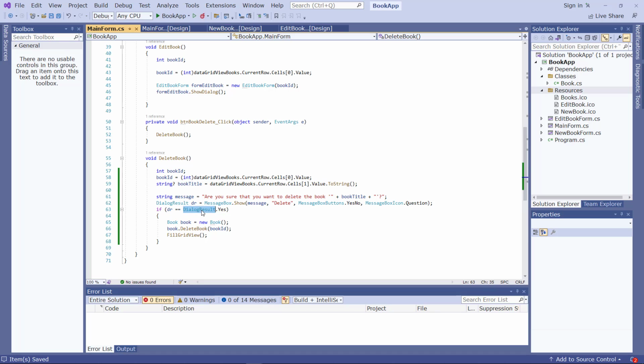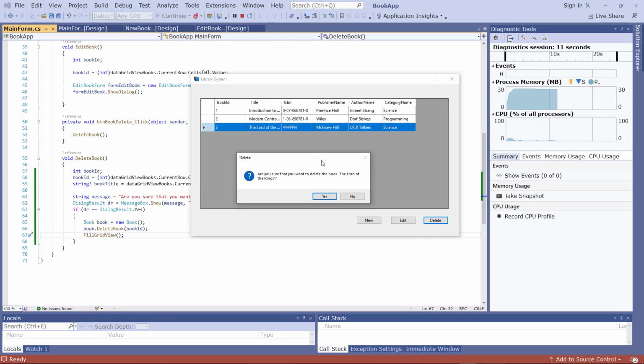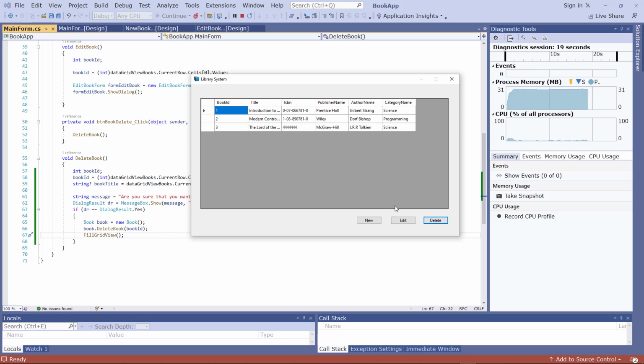And then if the user is clicking on the yes button, we are actually deleting the book and updating the data grid view. And if the user is clicking no, nothing happens. So let's run this code as well. So now when I select one of the rows here, I can click delete, and then you see this message box is popping up. Are you sure that you want to delete the book The Lord of the Rings? If I click no, nothing happens. If I select it once more, click delete, and then click yes, and then you see it will be deleted